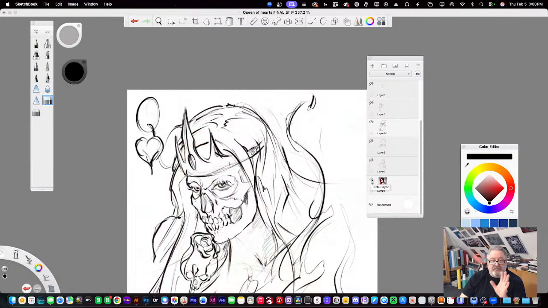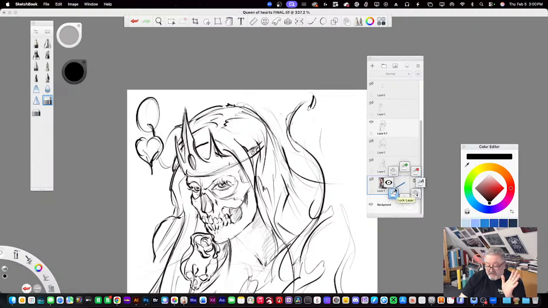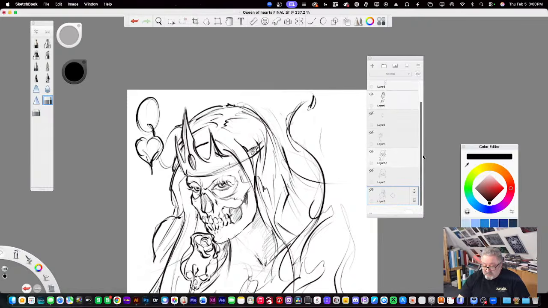Once I get past this point, I don't want to look at it anymore. So I just delete it. Gone. I get rid of it. I don't want to see it anymore. No, that's not delete. There we go. Delete. I get rid of it. It's gone. It's out of my head. I don't want it to influence my design anymore. It was just simply a starting point for position, for speed.